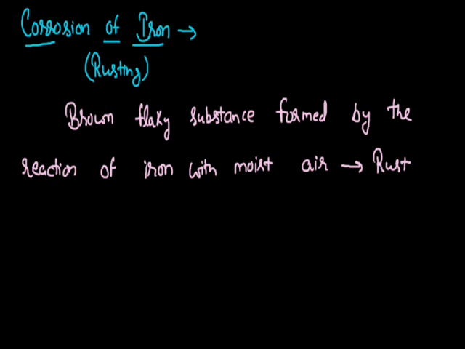Now, if I talk about the chemical reaction that takes place during the process of rusting, this reaction occurs when iron is exposed to moist air. Moist air contains some particles of water vapor, and since it's air, it will have some amount of oxygen. So when iron reacts with oxygen in the presence of water vapor, iron forms its oxide, and here the valency of iron will be 3. So it is the ferric oxide with the formula Fe2O3 with some molecules of water attached to it,